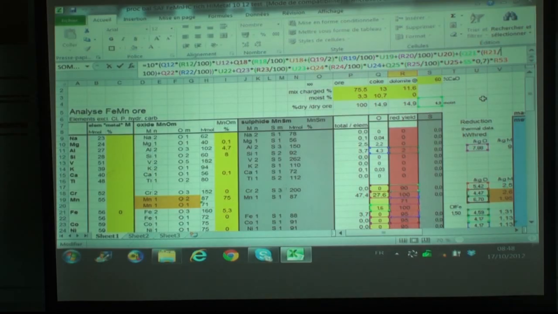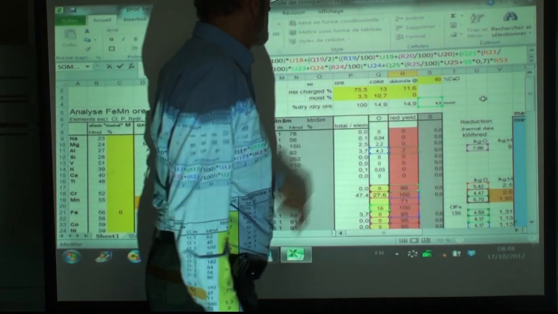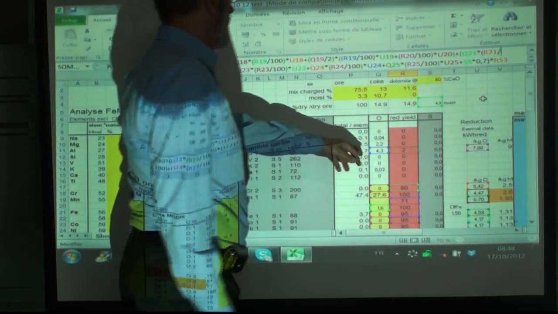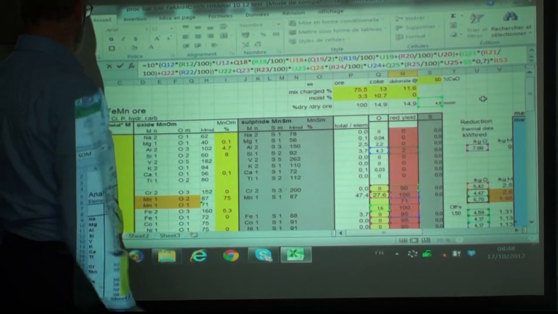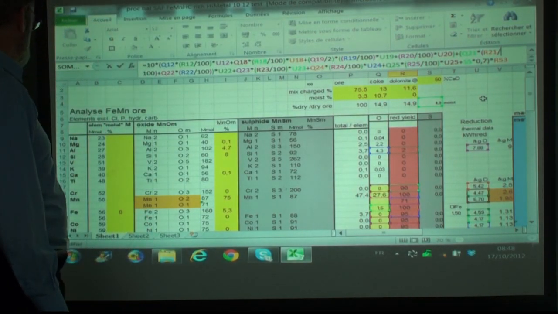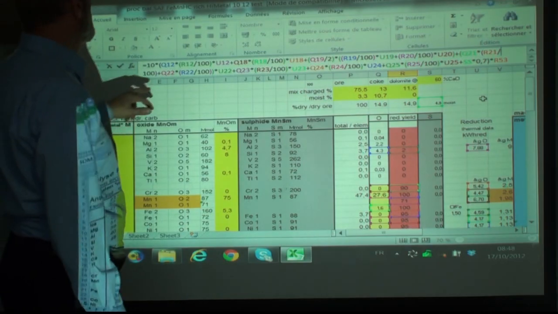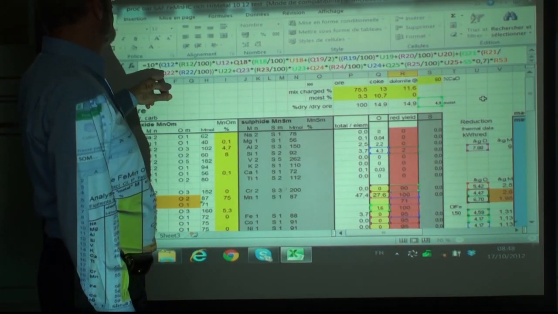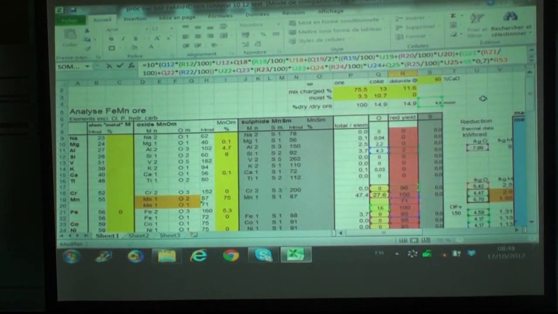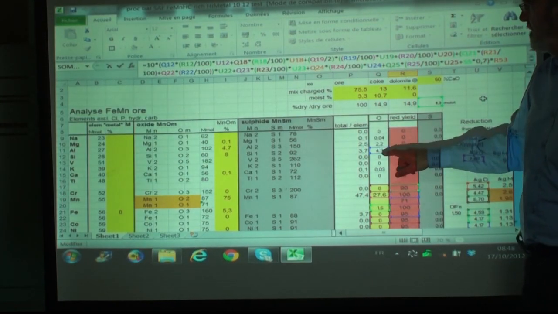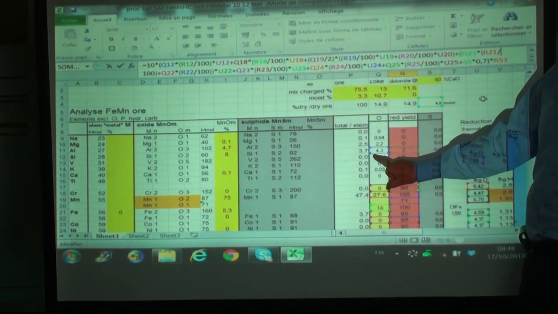Shall I explain for one example, for one line? Yeah. Okay, let's do it for the first one, for silicon. Silicon, I take, this is 12. So, it's Q12, this value 4.3